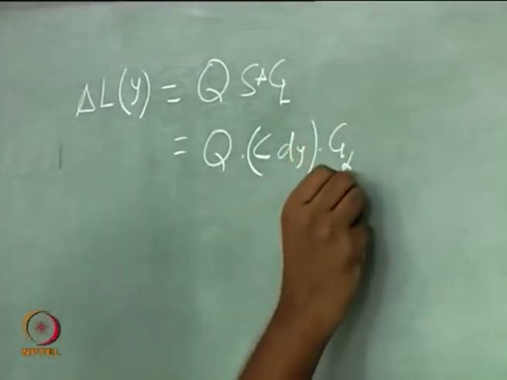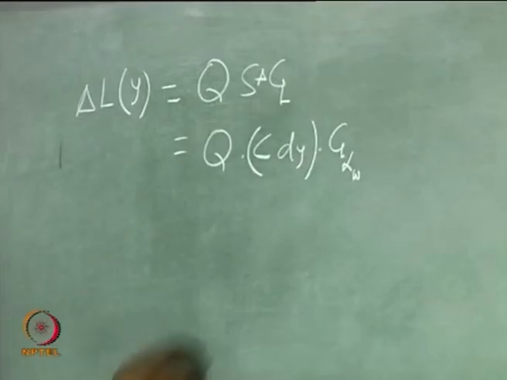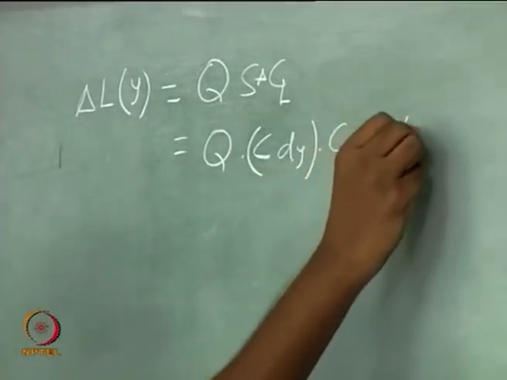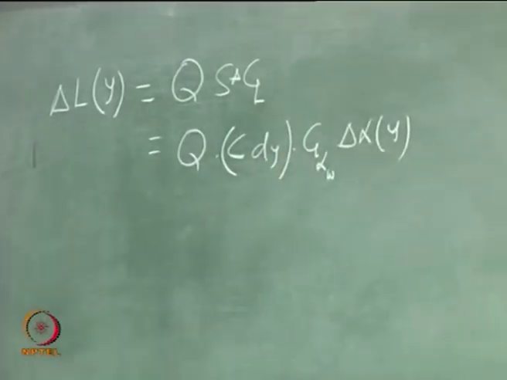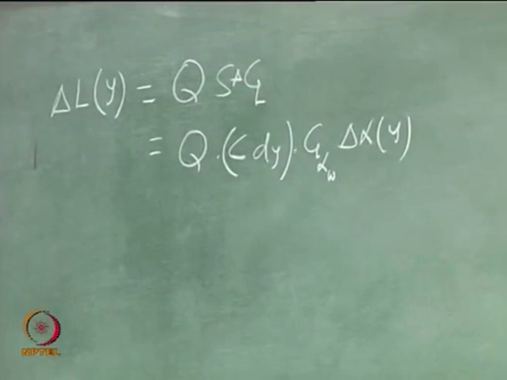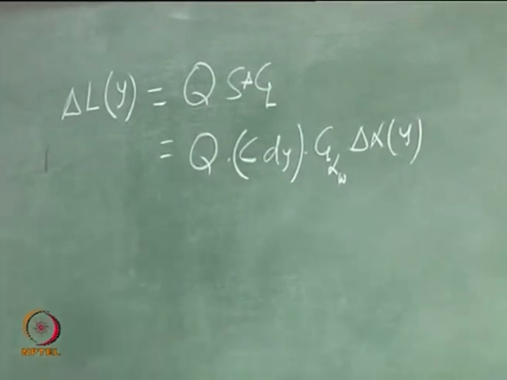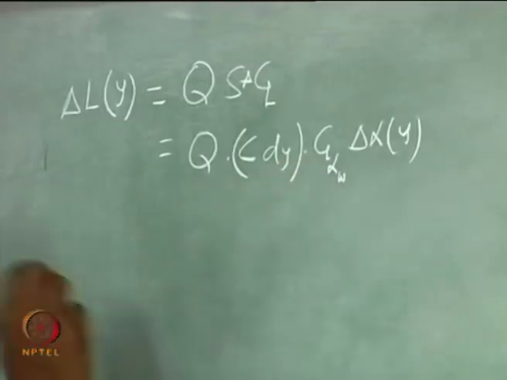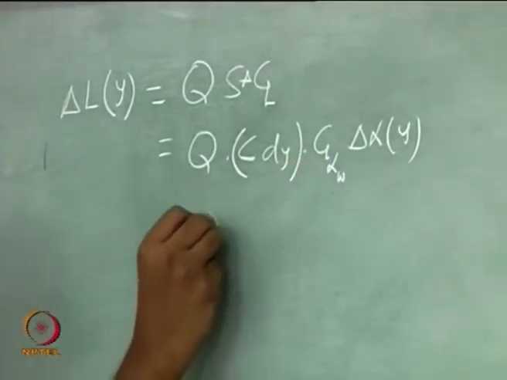CL alpha, which is of the wing, into delta alpha y, right. All right, so this is